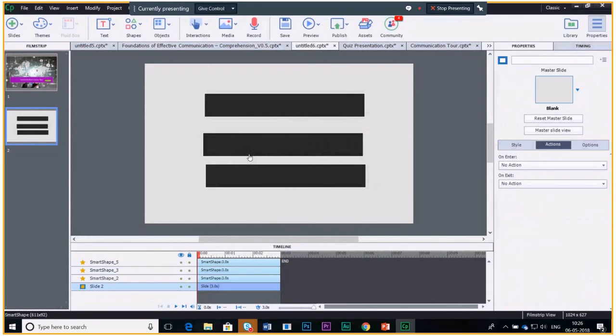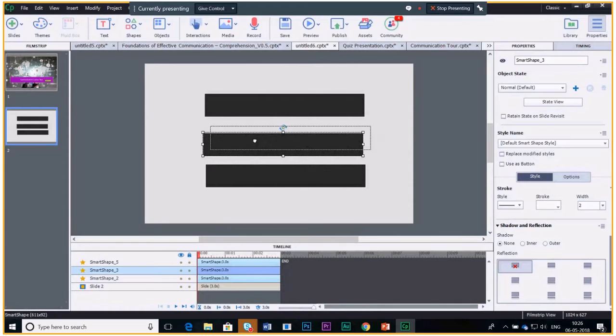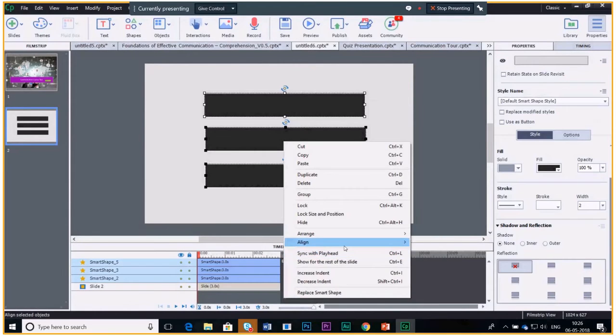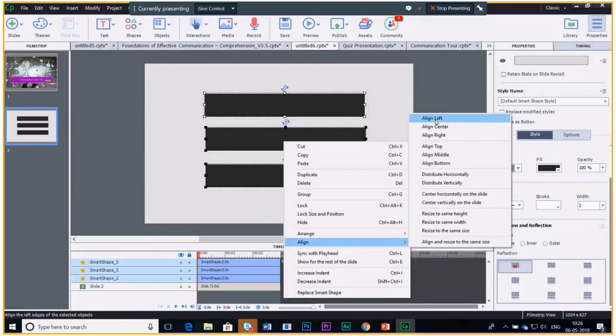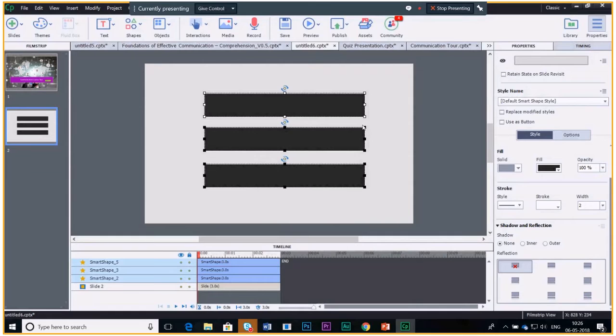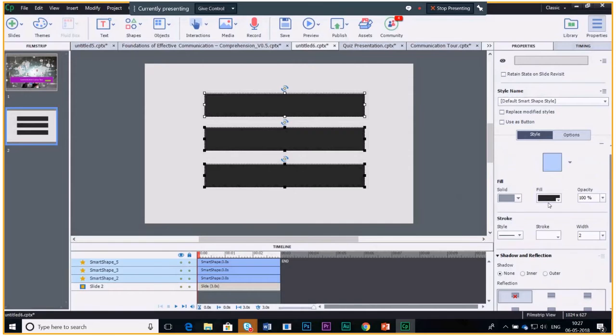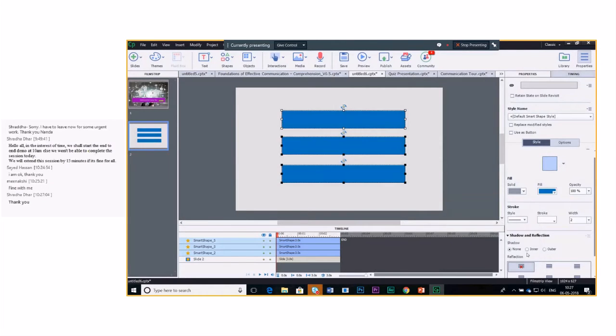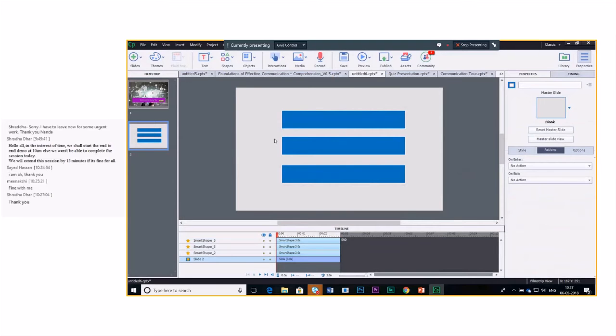Just need three smart shapes. You can arrange this using these options: align, arrange left, or you can arrange as you want. I'm going to change the style as well. I'm looking for different. So this